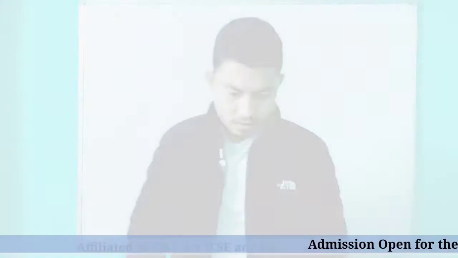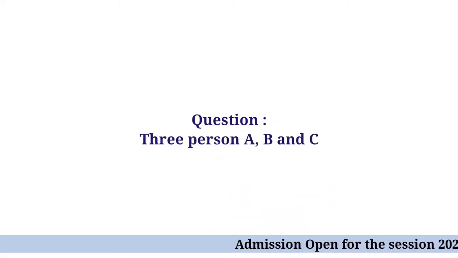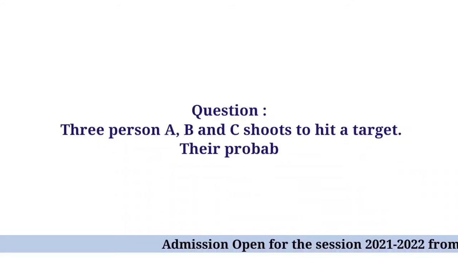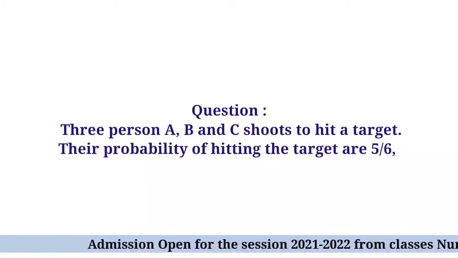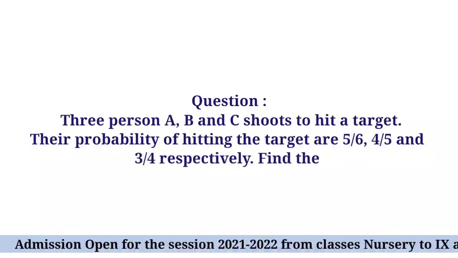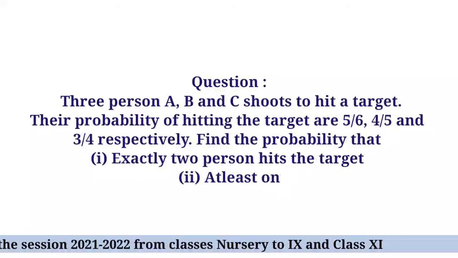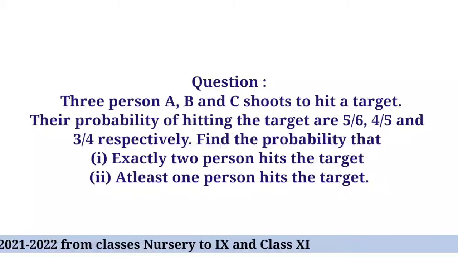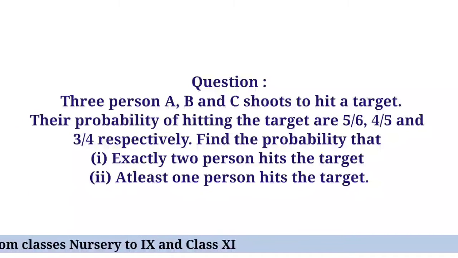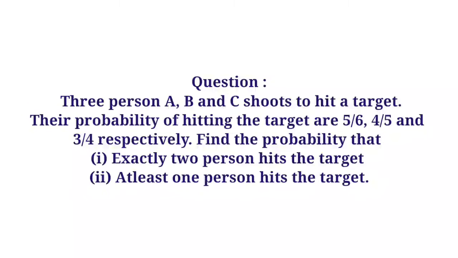Here is the question, I'll show it on the screen. Note it down in your copy. The question states that three persons A, B, and C shoot to hit a target. The probabilities of hitting the target are 5/6, 4/5, and 3/4 respectively. Find the probability that one, exactly two hit the target, and two, at least one person hits the